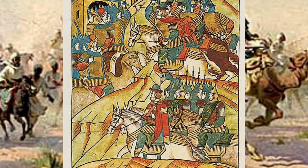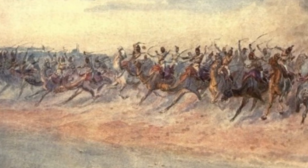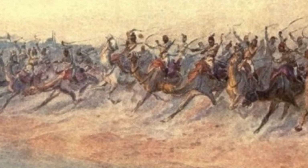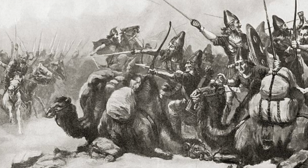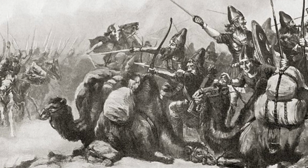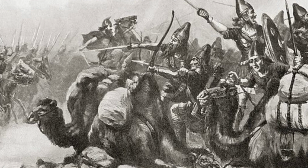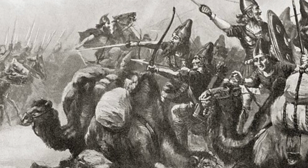But speaking about terror and fright, this goes into one of the negatives of camels, and that is camel PTSD, post-traumatic stress disorder. As camels actually suffer from this, in a way this happens also with horses too, but it is less common with war horses than with camels. And war camels were known to break down and not be able to fight anymore, and to just flee or freeze in battle, or when close to battles, or never ever getting close to battles again, because they were traumatized